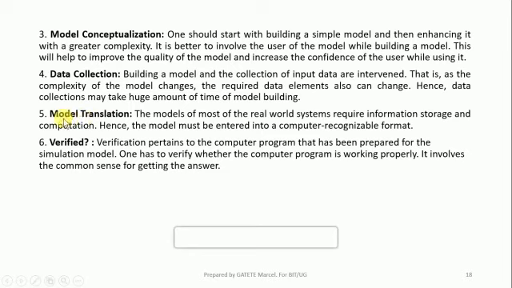Here you can also translate the model. Model translation: the models of most real systems require information storage and computation. Hence, the model must be entered into a computer recognizable format. For example, I have data in tables. I have drawn tables on sheets of paper. I design tables having a list of customers on a sheet of paper using my pen. Those sheets of paper are not understandable by a computer.